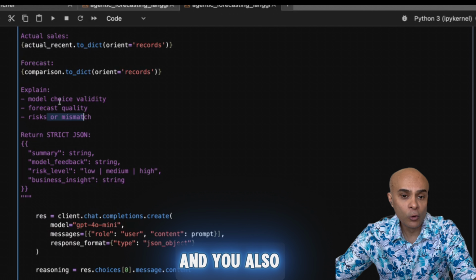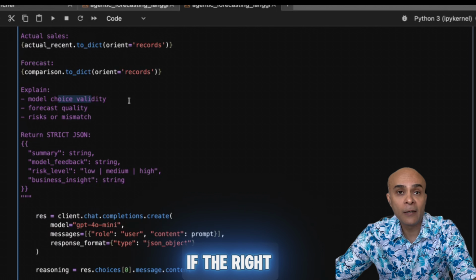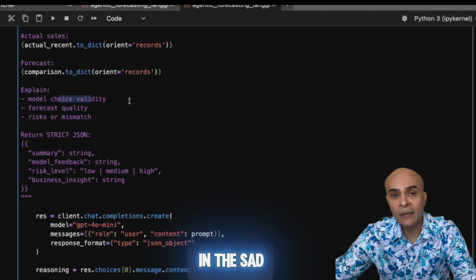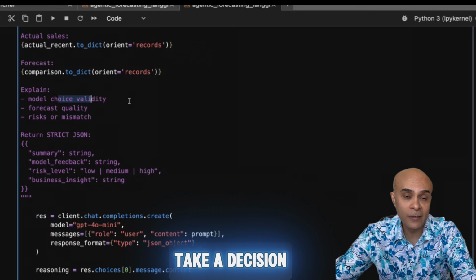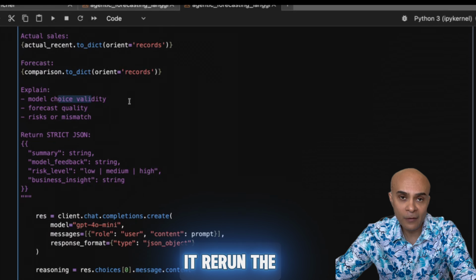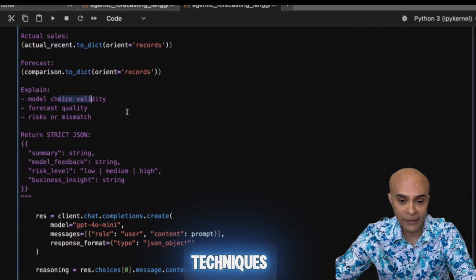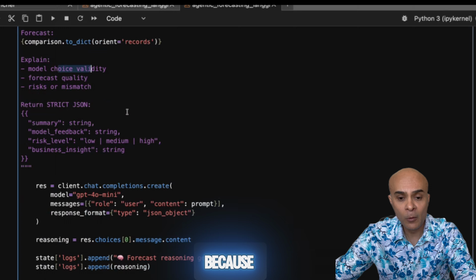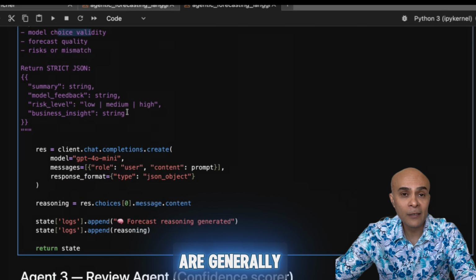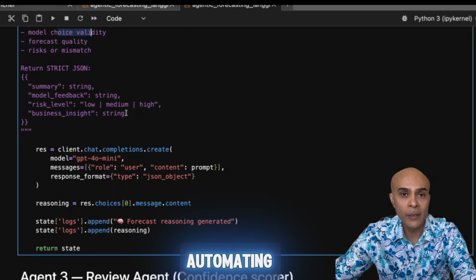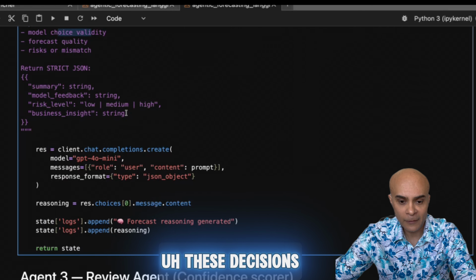And you can also validate if the right model was used or not. So all these logs will be again returned in the shared state, and based on that, the agentic system is going to take a decision on whether it should rerun the forecast based on some other algorithms or some other techniques. This is pretty powerful because all these decisions are generally taken by data scientists or humans, but here you are automating these decisions.